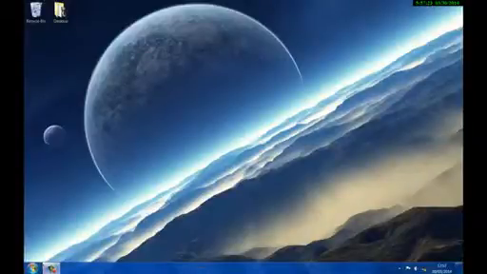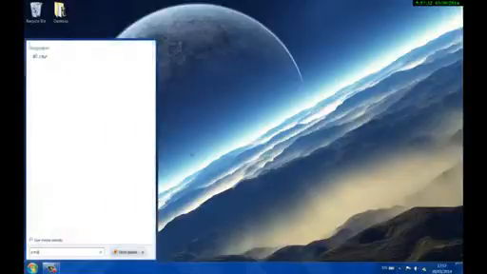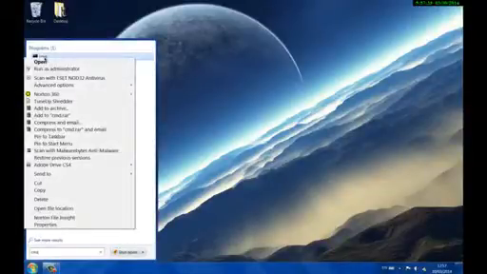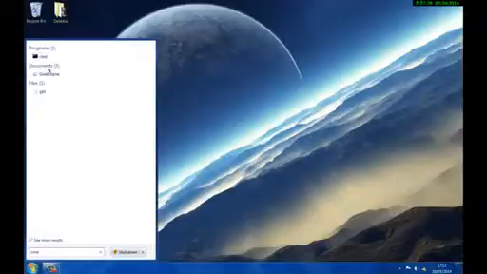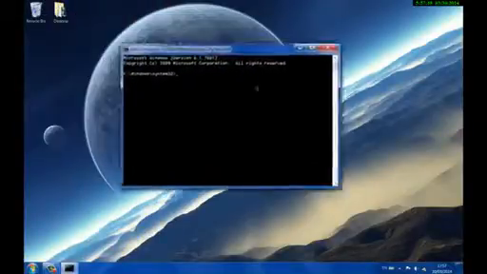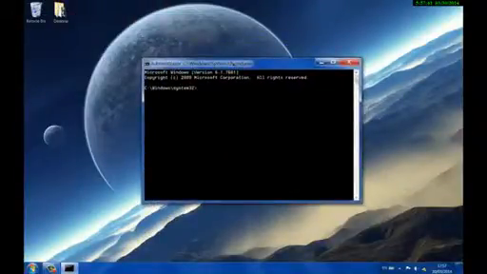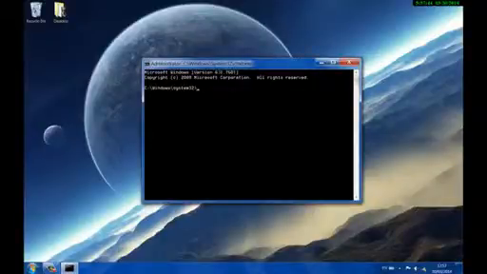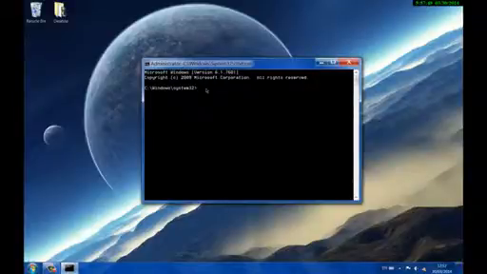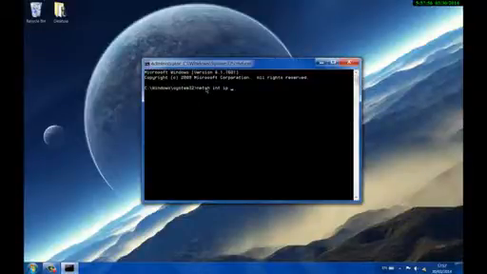So the first method we're going to do is resetting some stuff like our IP and Winsock. So you need to click here, type CMD, and right click on the CMD here and run as administrator. You need to do that because it requires some permissions that you won't be able to get unless you have the administrator. So in here then you want to type netsh int ip reset